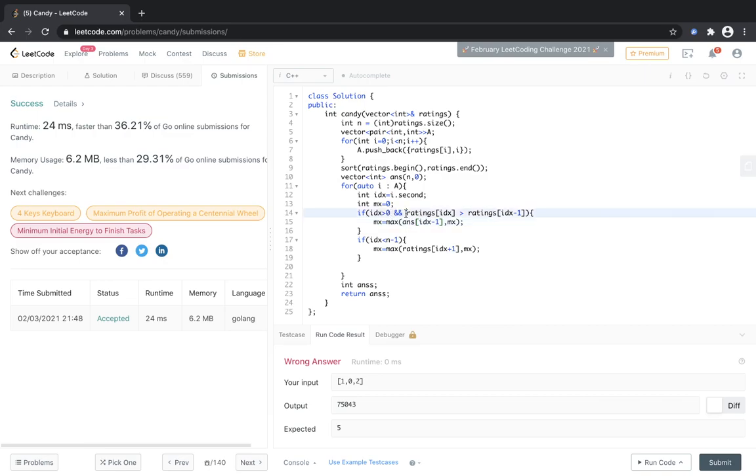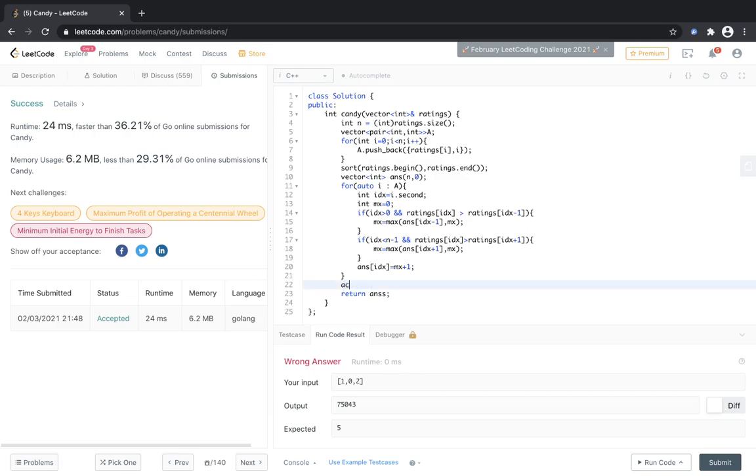Because if this is not the very first element, then we are checking if the rating is greater than the previous element, then we take the max of mx and the answer of the previous value. And similarly, if this is greater than ratings idx plus 1, then this would again be answer idx plus 1, and after that answer idx is equal to max plus 1,